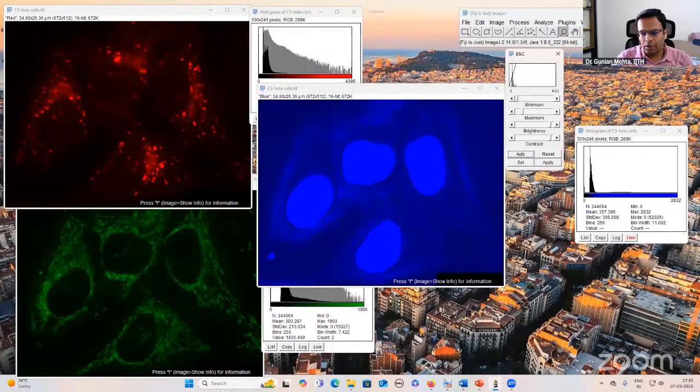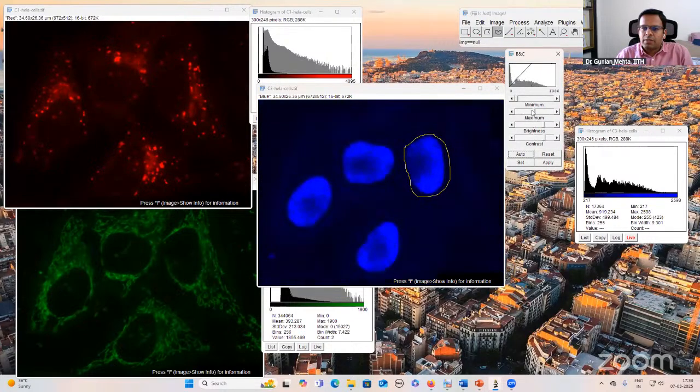Okay, now what will happen? Let's say I have drawn an ROI, region of interest, to measure the fluorescence intensity of this nucleus. And just by scrolling this bar, I can increase the intensity also, I can decrease the intensity also, right?